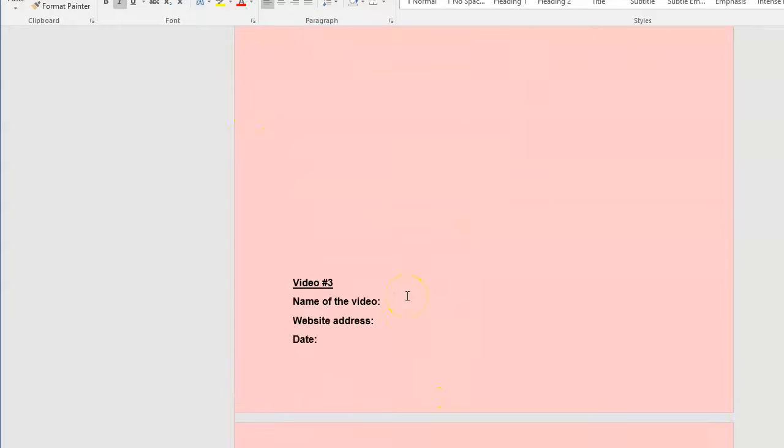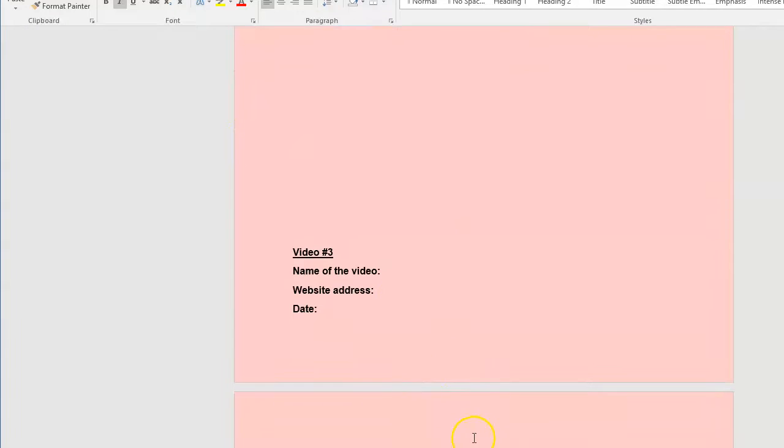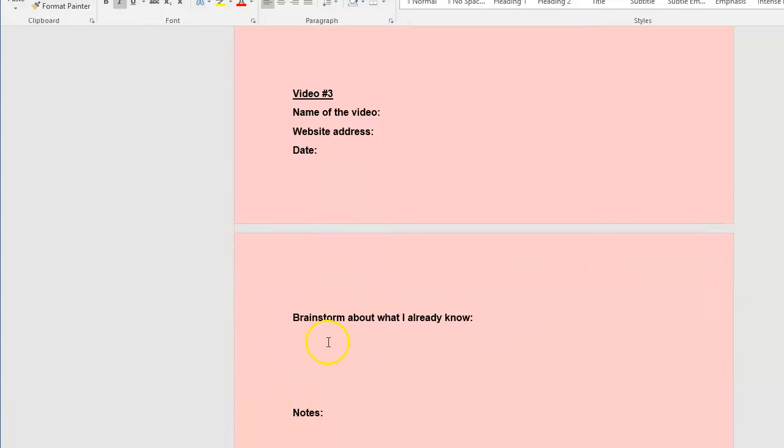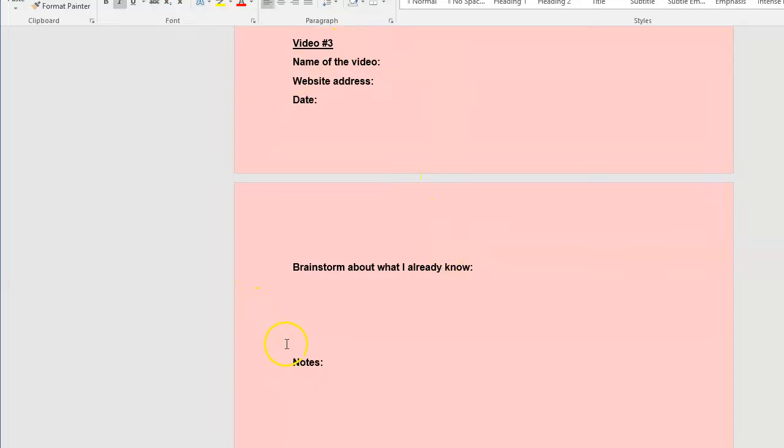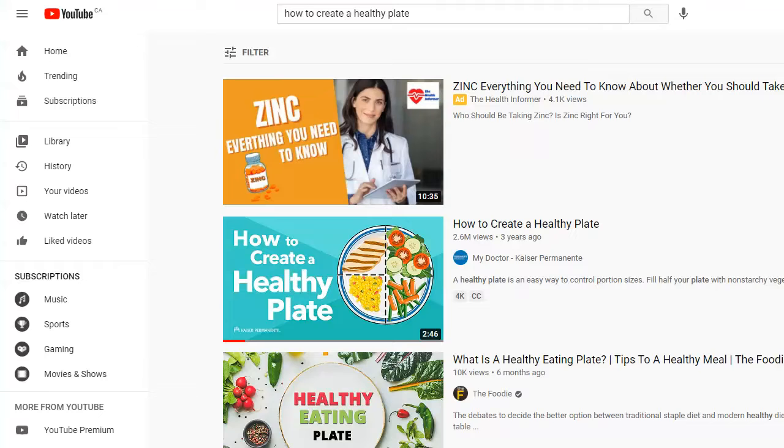Okay, now for the last one, it's how to create a healthy plate. I'm going to leave all of this. I want you guys to do it. And I'm going to leave you brainstorming what you already know and your notes. I'm just going to play the video here for you. And you can pause it and copy these things into it from the video. So I'll just pull the video up. We're going to watch this video, how to create a healthy plate. I'm going to pause it